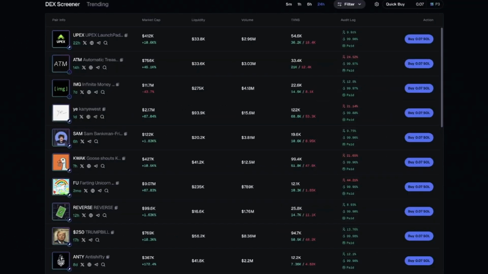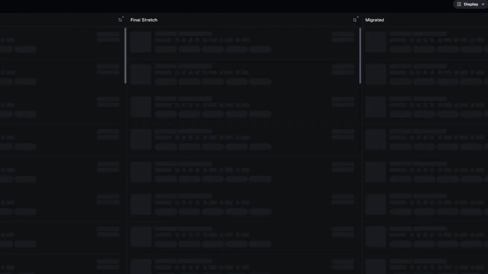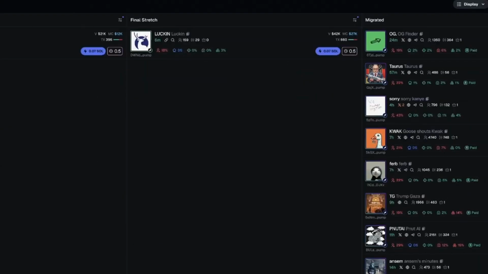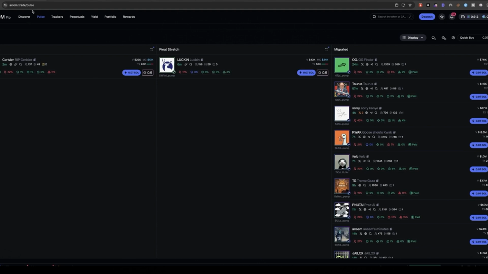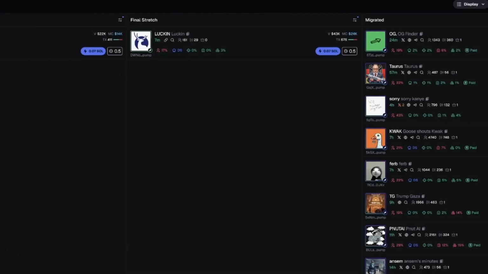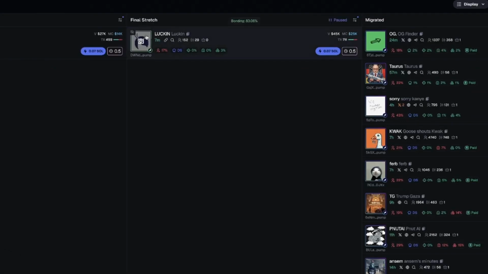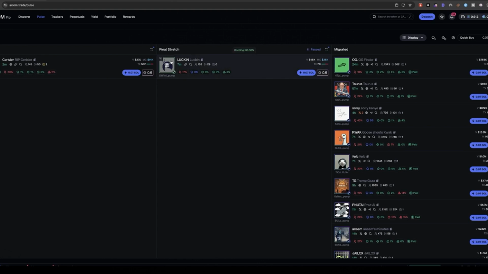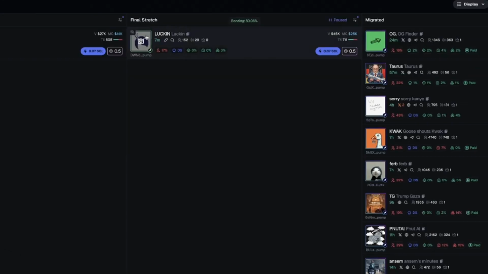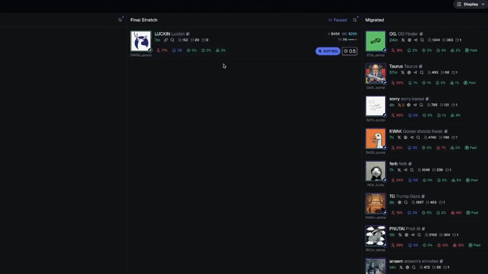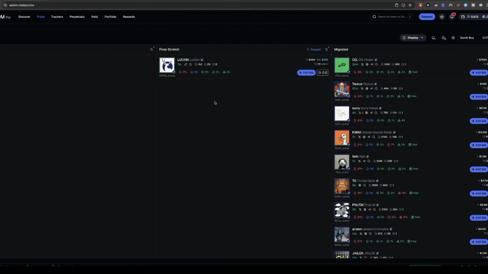Currently, at the moment that I decide to trade, there's not a lot of volume, because I trade in the daytime of the UK. The majority of the volume is when Americans are awake, but there's still ways to find a lot of winning coins, especially with the filters section on Axiom Pro. I'm going to be showing you the best filters that you can use on the new pairs section and on the final stretch. And I'll give you a breakdown of how to actually see if a coin is going to be worth investing into or not, and how to see if it could be a rug pull.